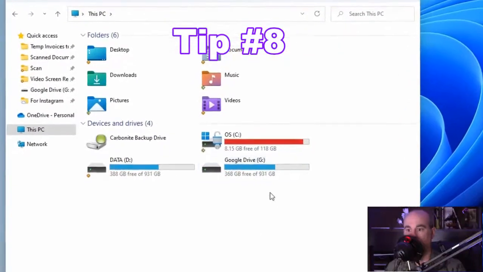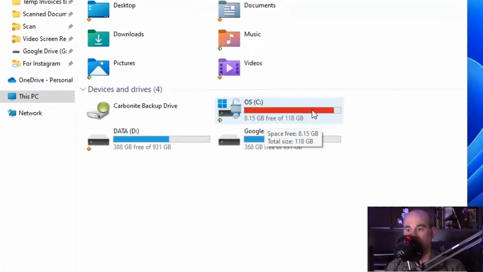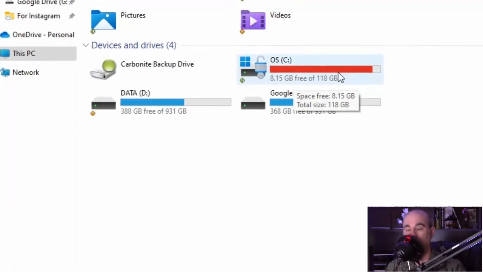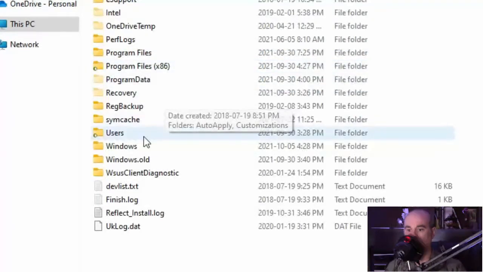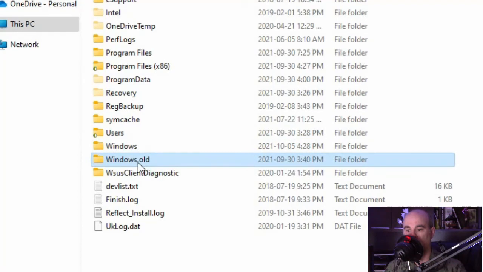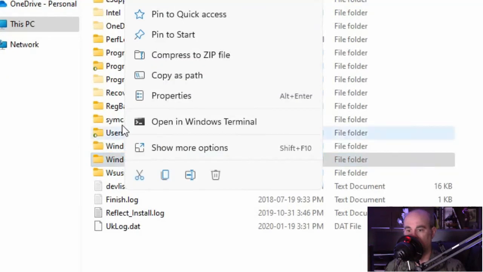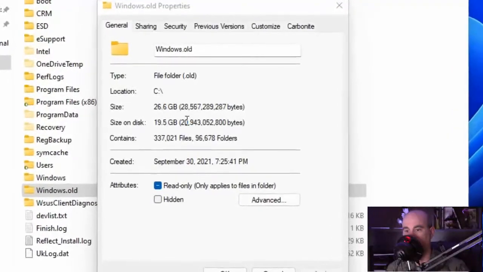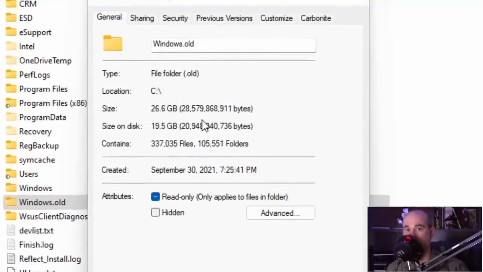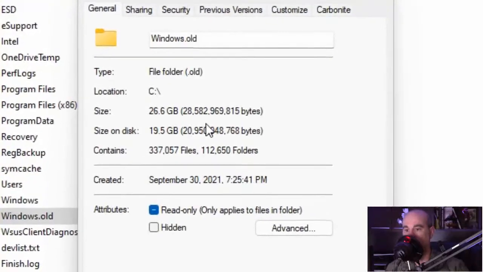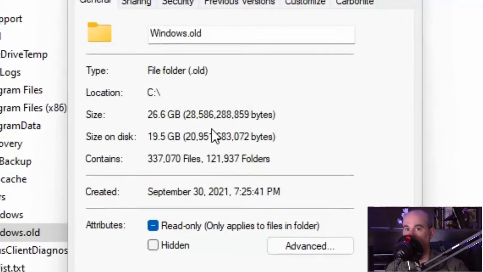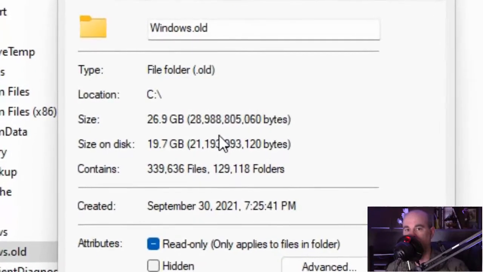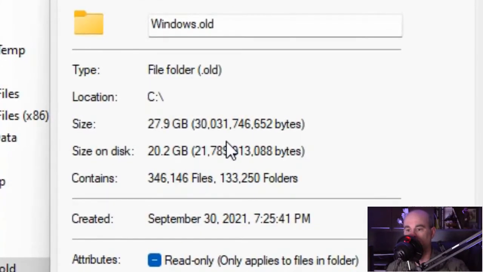The other thing you'll notice here, especially if you have a small C drive, is that it's going to be chewing up a lot of space. And the reason for that, if you drill down in there, you got your Windows folder, but there's a Windows.old, and that's an old copy of your Windows 10. If you right click on it and go into Properties, you'll see that it's calculating and going up to quite a large amount of space that is taken up on your hard drive. So you would want to delete that later at some point, but I wouldn't do it right away, just in case you had to restore the system back to Windows 10.